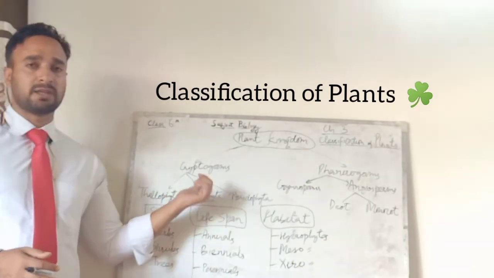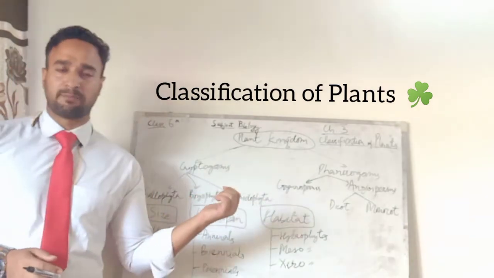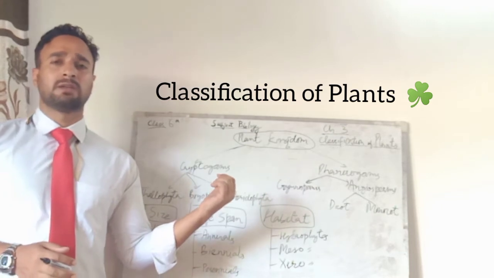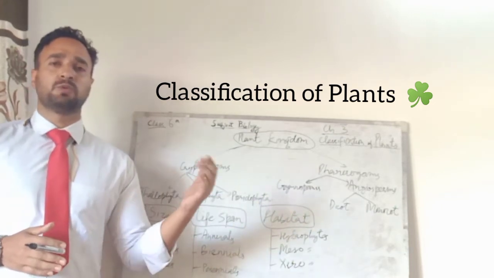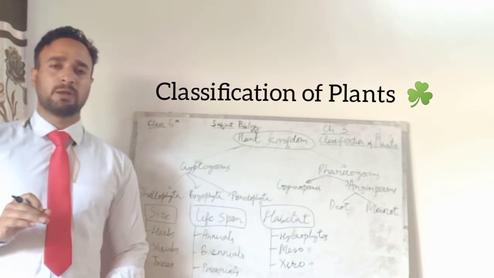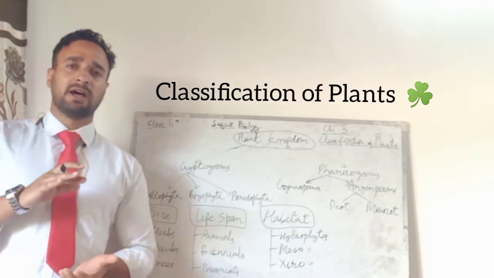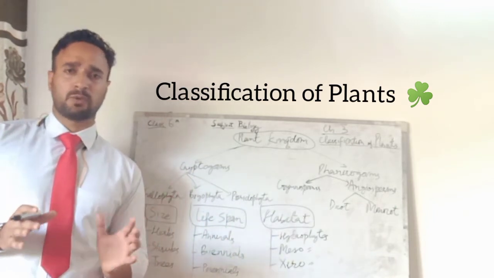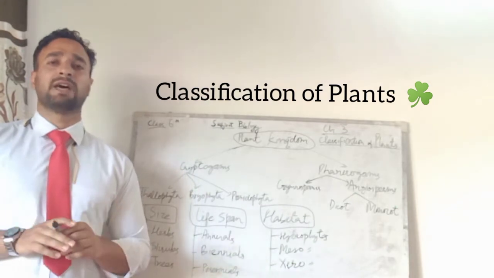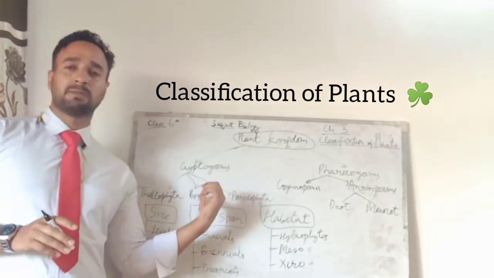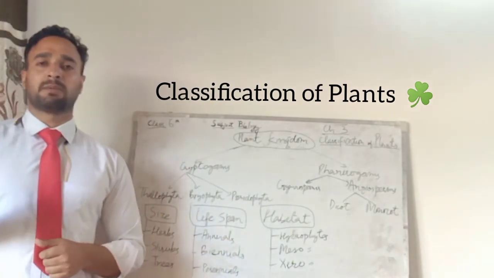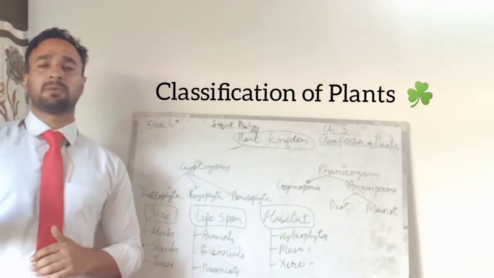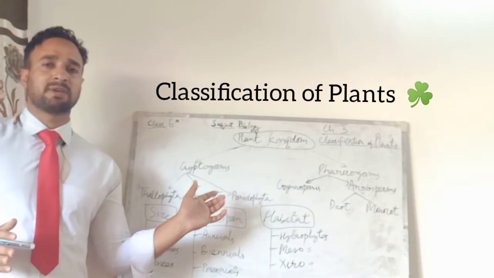The next group in the cryptogamous is the bryophyta. The classical example of the bryophytes are the mosses. The plant body cannot be distinguished into the roots, stems, and leaves. However, there are some unicellular structures through which the plant body gets hold on the substratum on which it is growing. It has fine thread-like structures which we call the rhizoids. So roots are absent in the bryophyta, but rhizoids are present.